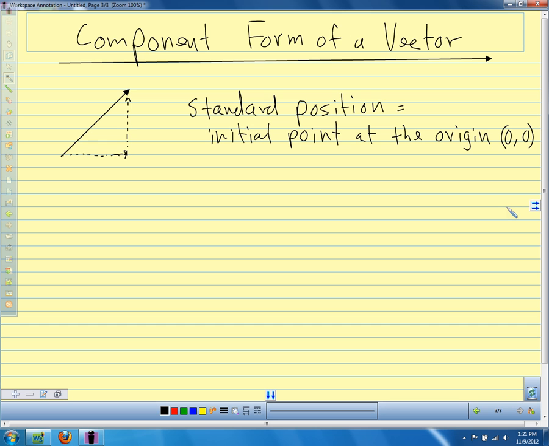Because vectors are equivalent as long as their length and direction are the same, it is convenient to have the initial point at (0, 0). It makes things easier to calculate. So if we have vector v, a vector in standard position, its initial point is (0, 0), and we're going to say that its terminal point